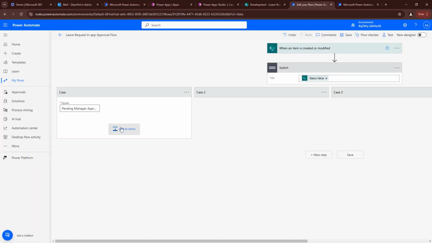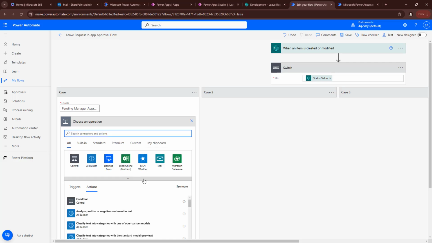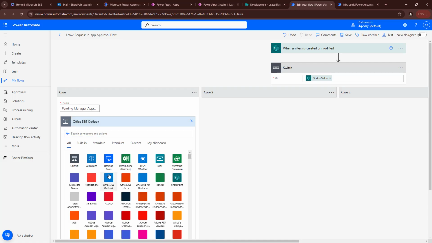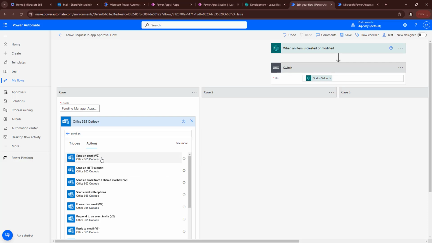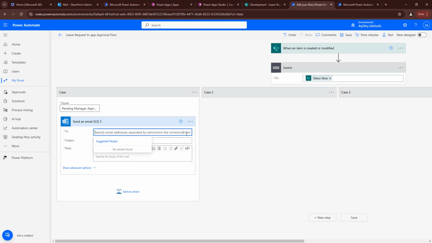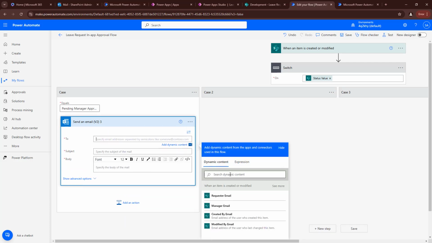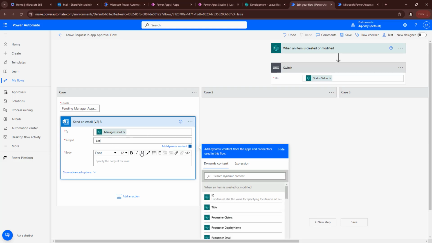Now that we have deleted this, we'll add a different one, which is the Office 365 Outlook email connector. So we have that here. Similar to the one we did earlier, we'll just say send an email. Because we want the managers to still receive some form of notification to know that there is a request pending his or her approval. So here we'll still put in the email of the manager. So we'll say manager email, as well as the leave